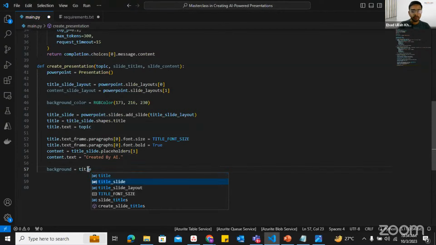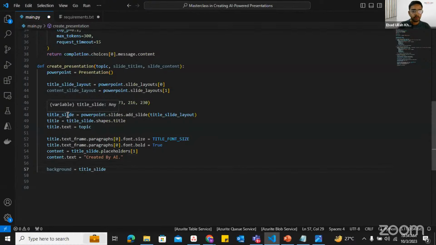So we have a title slide, as you can see. We have the title slide over here, and we can put it as a background. We just got the background of the title slide and the background variable, and we can simply use the above color to put it as a background. Now we will be using fill